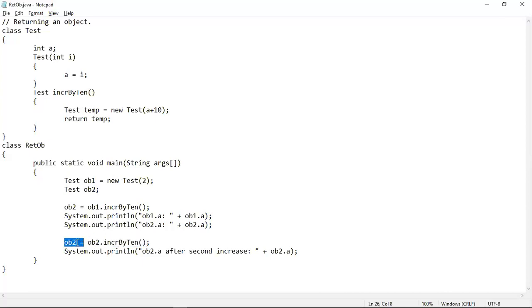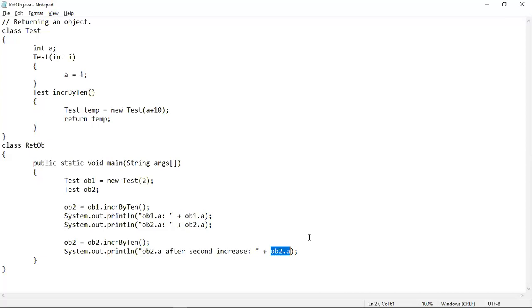After that we have written an assignment statement which says that the value that has been returned to here will be stored into the OB2 reference variable again. So basically the value that has been returned to here is the value of the integer variable a. So now OB2 contains the value of the integer variable a as 22. If we access the a variable using the object OB2, this would obviously give you a value 22. In the next statement, the same thing has been written. The value of the variable a has been accessed using the object OB2. This should give you 22.